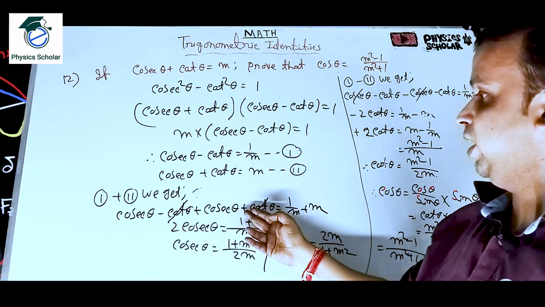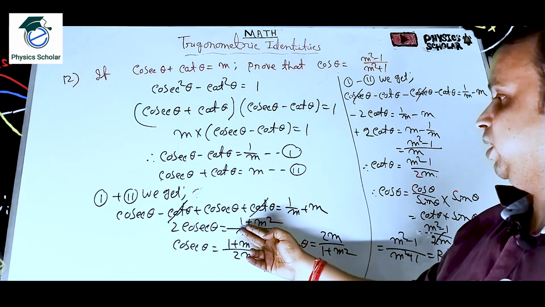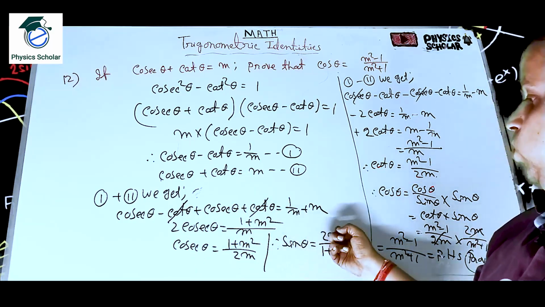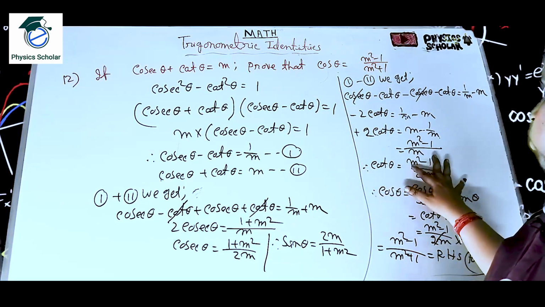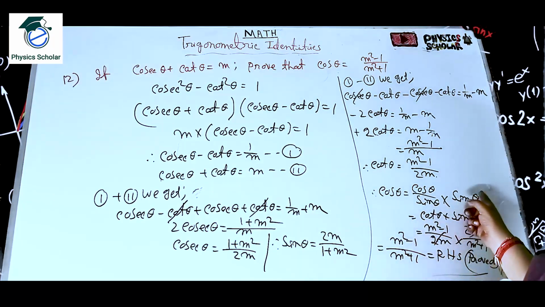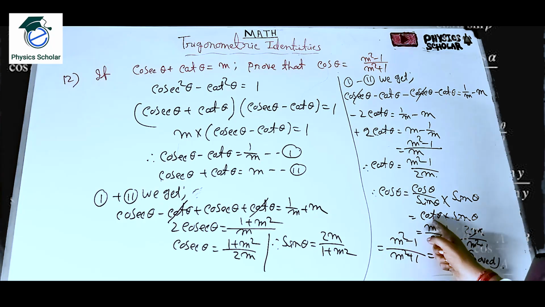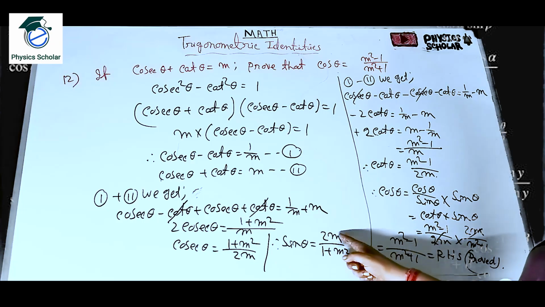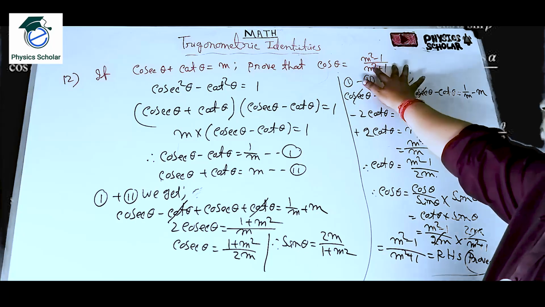So now 1 plus 2 we get what? 2 cosec theta is equal to 1 by m plus m. So m will be the LCM. Okay, cot theta will be cancelled. So 2 cosec theta is 1 plus m square by m. So sin theta is equal to 2m by 1 plus m square. So 1 minus 2 we can get the value of cot theta. It is m square minus 1 by 2m. So cos theta is equal to what we can write? Cos theta by sin theta into sin theta. So sin theta will cancel. So cos theta is coming. So cos by sin means what? Cot into sin. Clear? So what is the value of cot theta? Cot theta value is m square minus 1 by 2m into value of sin theta, 2m by m square plus 1. So that will be cancelled. So m square minus 1 by m square plus 1, that we have to prove.